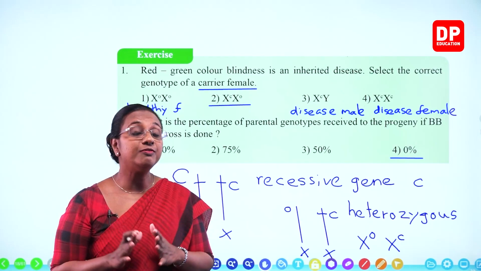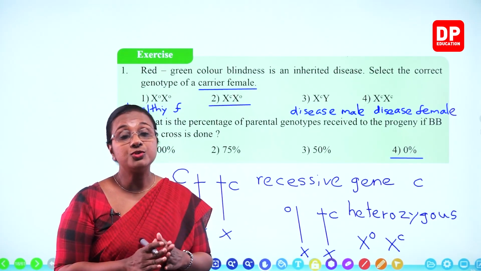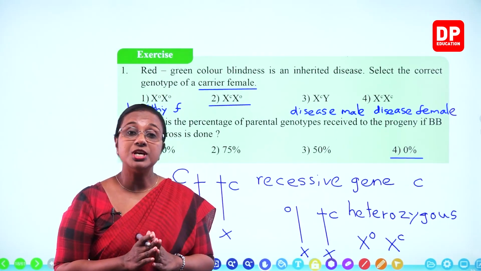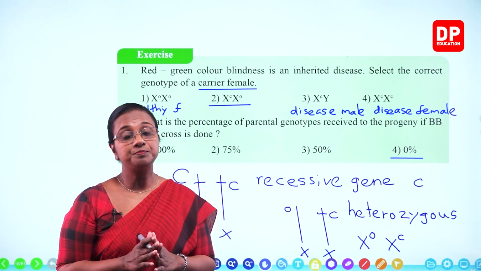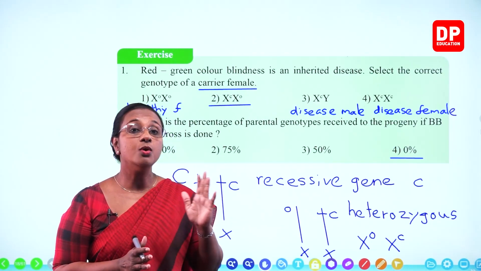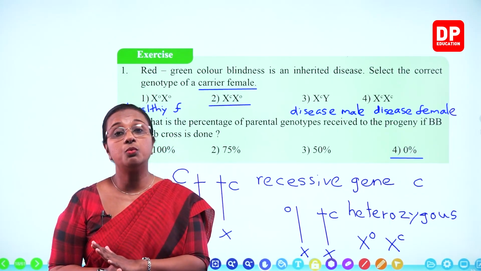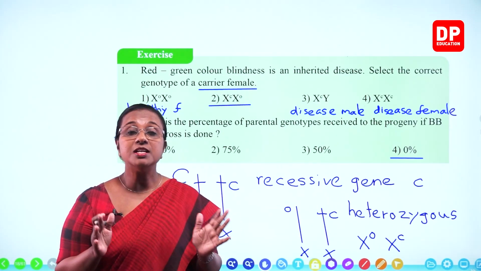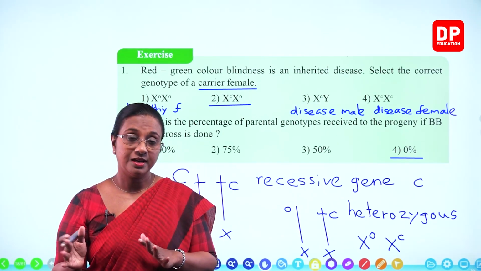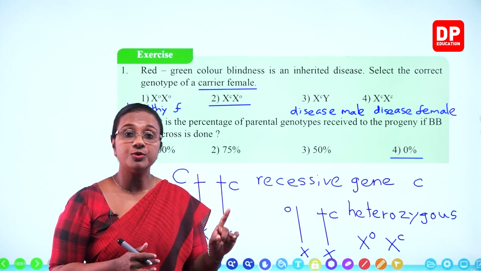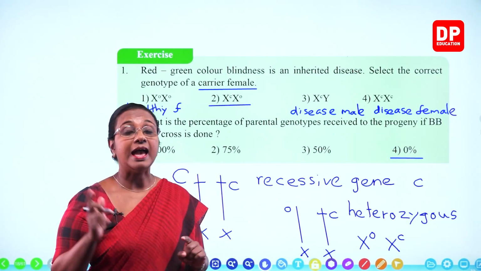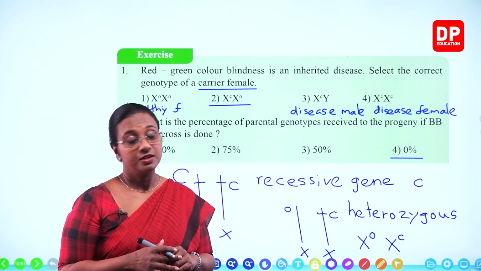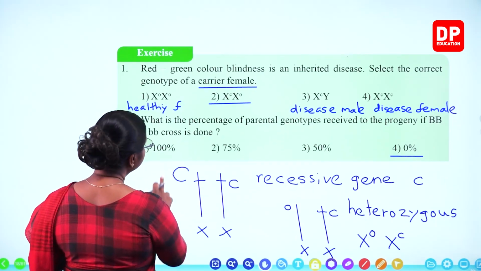If you take the F2 generation, then of course you all know the genotype and the phenotype. F2 generation, what is the genotype? The ratio will be 1:2:1. Phenotype will be 3:1. But in that 1:2:1, you get one homozygous dominant character and one homozygous recessive character. So if we write that down,